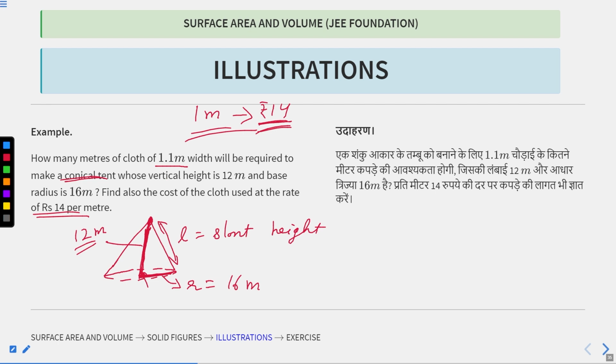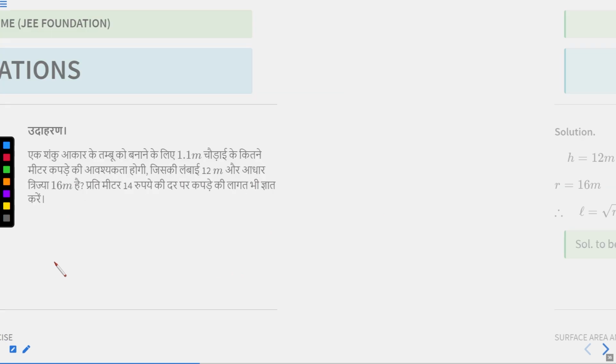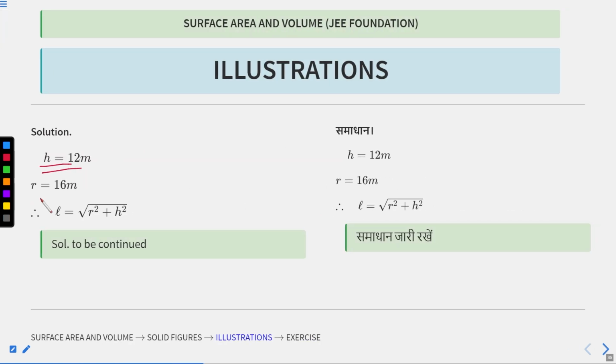One thing is given to us, that the cloth width is fixed. So the cloth width we are given is 1.1 meters. I hope all of these things are clear to you. Now let's move. So h is 12, r is 16, no issue. We know the relationship between slant height, radius and height: L square is equal to R square plus H square, and from this we can easily find out